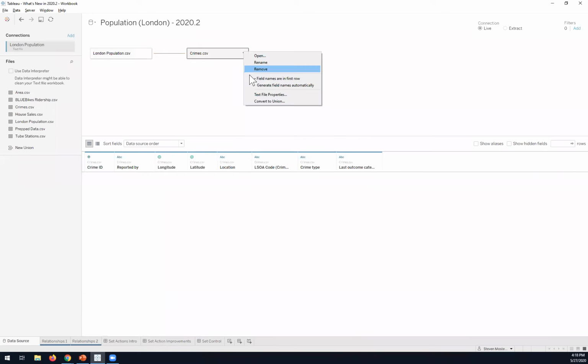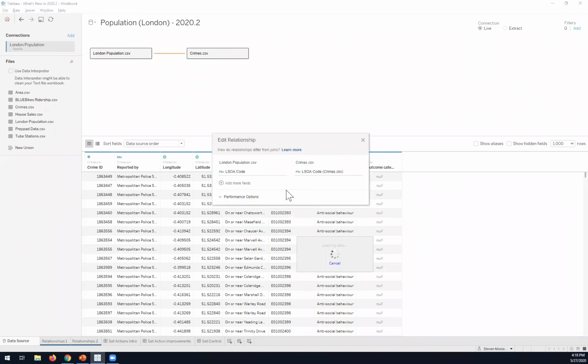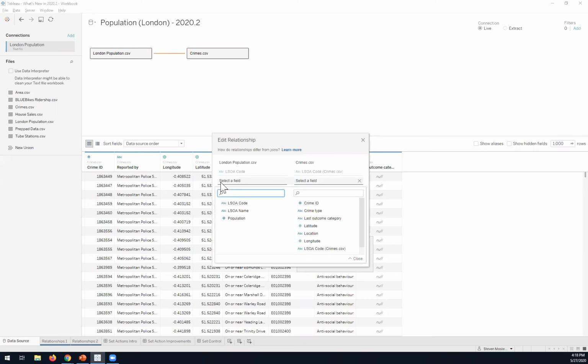Actually, let me remove this and add it here so you can see that one more time. When I join this like this, you're going to get the edit relationship screen here. If this isn't the correct field to join on between these two data sources, just simply click the plus button here and then choose which field you want to join on. And maybe it might be multiple fields that you need to join on as well. So you can do that here.